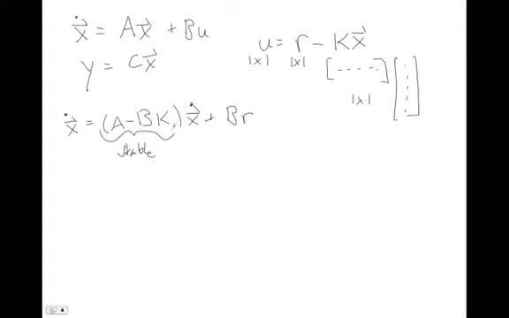Eventually all we're going to be left with is the forced response of our system. The natural response will decay away. This is a property of stable systems that we've seen over and over in this class, and the fact that our new A matrix looks like A minus BK doesn't change that. This is just a new A matrix, and we know how to deal with systems like this. So if I give a constant r,